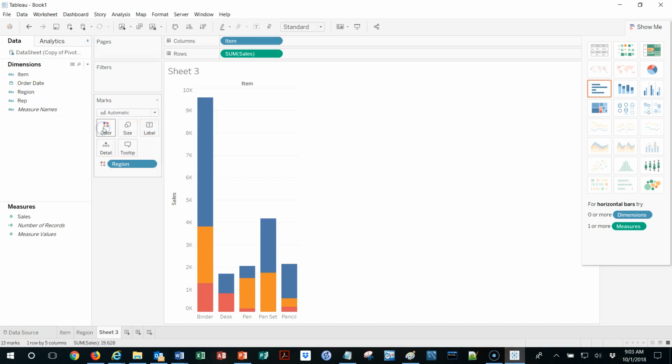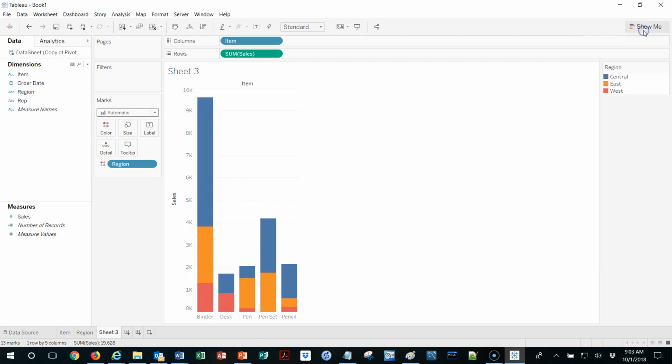So these are my different regions, and I can see a binder from west, binder from east. And if I close it, it will tell me these are the different regions. So I have now 2 dimensions and 1 measure, and I can rename this as item and region,